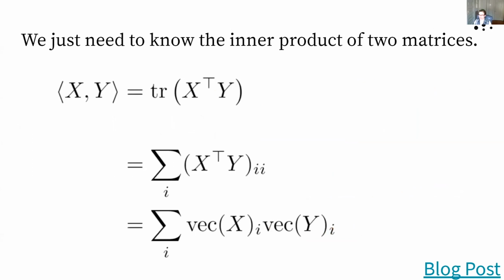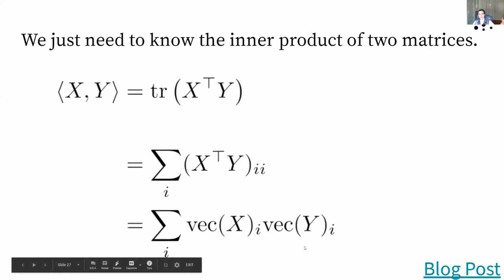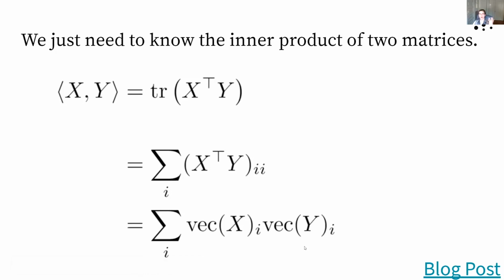So there's this particular definition in terms of traces that you can find if you look online. But the way to get that definition that I really like is that actually the inner product of two matrices is just turn each matrix into a vector and then calculate that inner product. So that's this last line here. It says vectorize x. That's literally like flatten, right, in NumPy or in TensorFlow or whatever your favorite tensor library is. Just flatten them out and then do the dot product between those two. It blows my mind that this actually works and gives you a really good answer for what it means to do the inner product of two matrices, but that's how it's done.